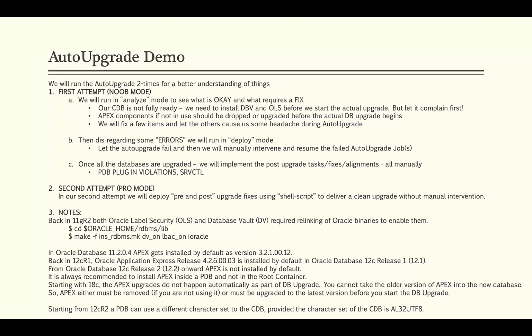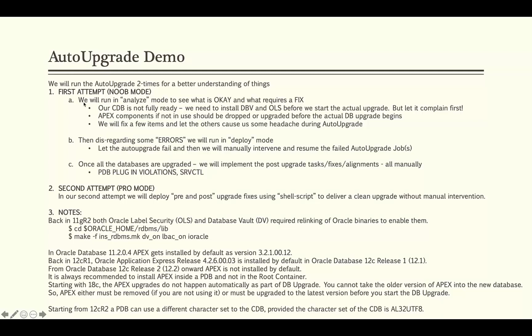In a computer gaming world, we call a noob somebody who is new, who is not experienced, who is not professional. So I am going to run this auto upgrade demonstration first time in a noob mode, assuming I am very new to it. I do not know how to make full utilization of all the features in auto upgrade. Things will fail, I would learn while I demonstrate, so on and so forth. The reason for running this is because we want to understand the auto upgrade utility by understanding how it runs through, how it fails, how it shows errors, so on and so forth.